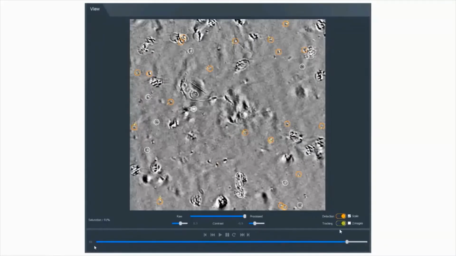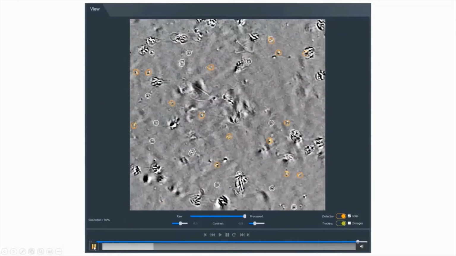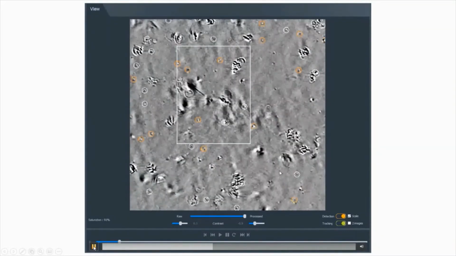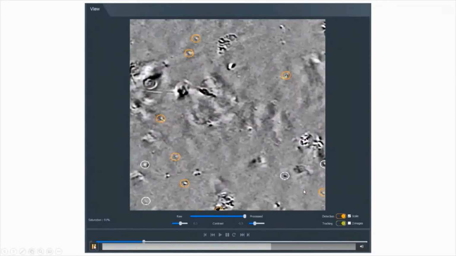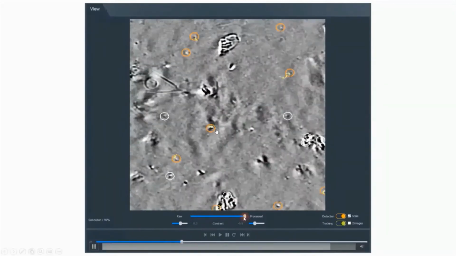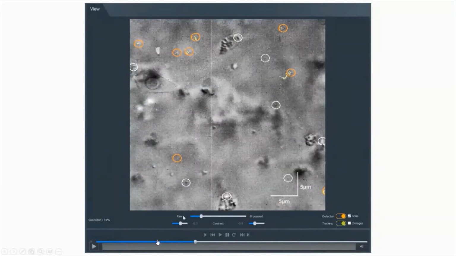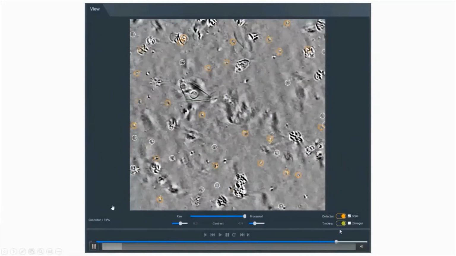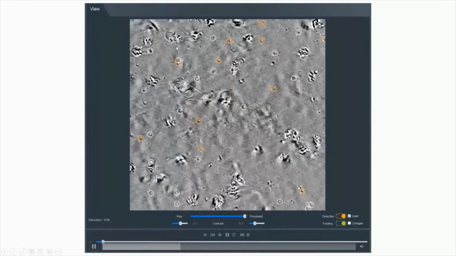Now, let's go back to the visualization of EVs. You can see them because they are circled in orange and white, and they are those little black and white spots. Here, you have both on the same image, nanoparticles and big aggregates. And we can see that with the VideoDrop, you can switch from a nanoscopic view to a micrometric view, as we will do now. On both images, you will be able to see aggregates and nanoparticles.